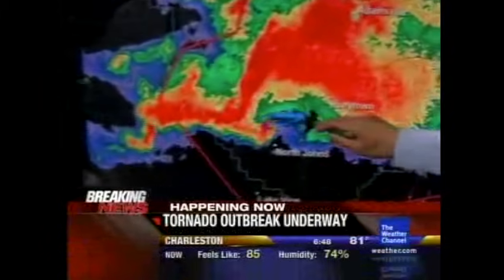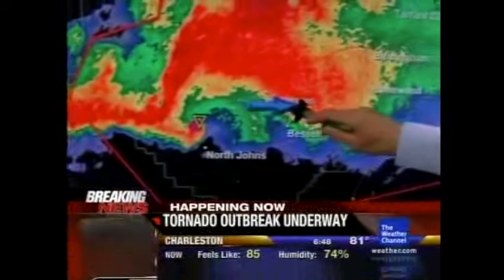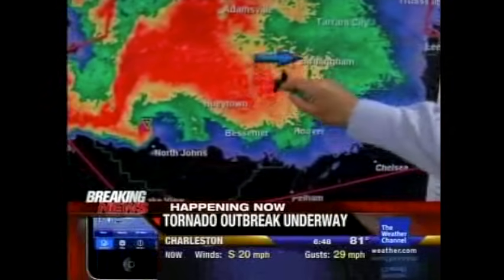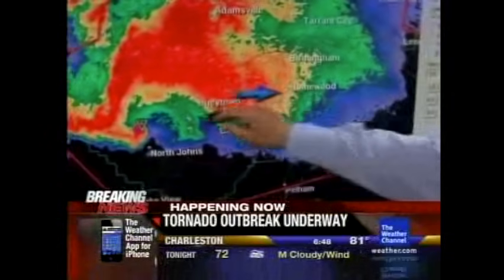How quickly that's going to happen. It doesn't look like it's weakening at all. No, it's not weakened at all. It's still showing this debris ball. It's heading toward the Hueytown area, heading toward the Homewood area. So not very many miles to the south of downtown Birmingham, and certainly some of those south suburbs as it